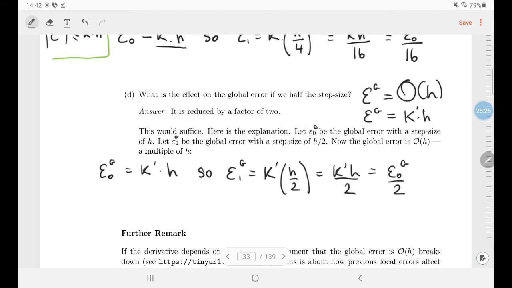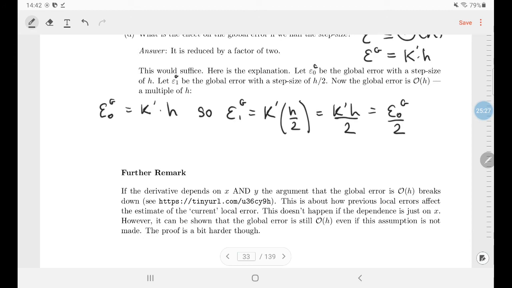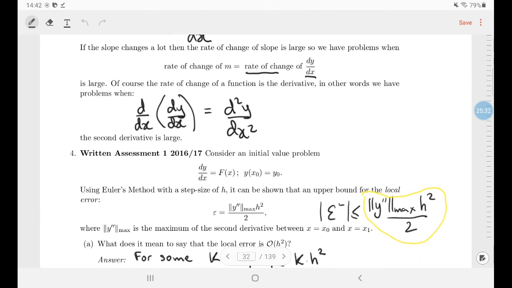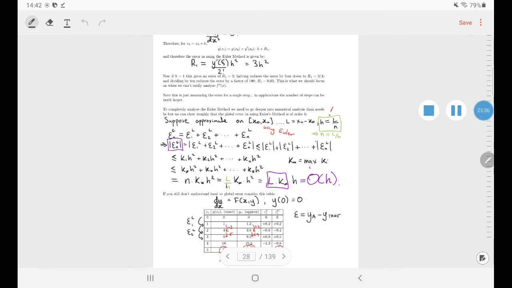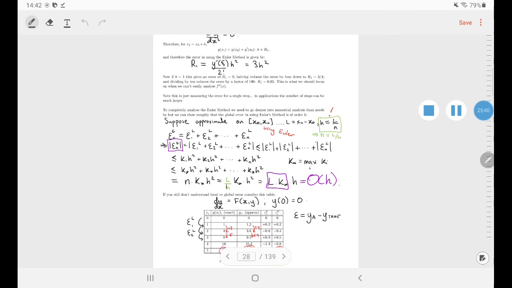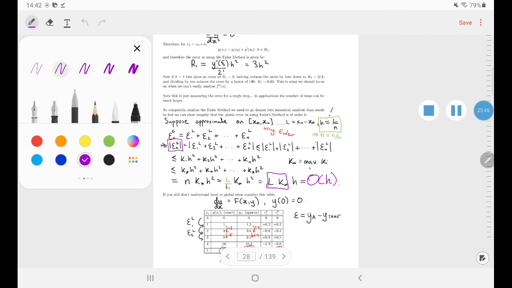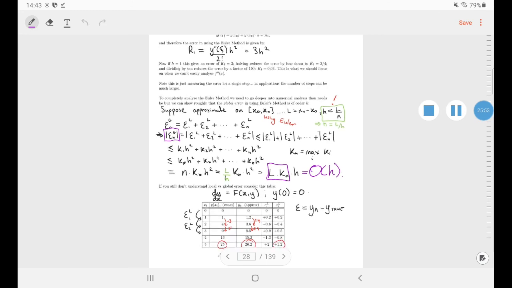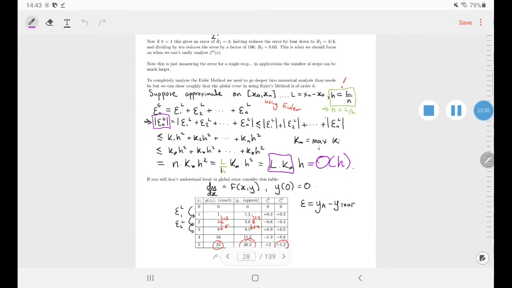Okay. Now I said there was a further remark. You mightn't have noticed, and I wonder if I possibly made the error. I'll pause and go back. Yeah, so I'm actually back on page 28 here. Now this analysis, and I won't explain why because I don't fully understand myself why, does not hold if the derivative is in terms of x and y. So this analysis, just this analysis here,